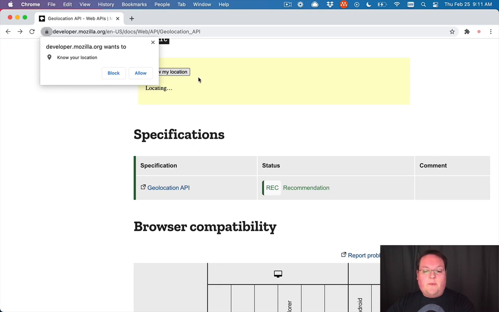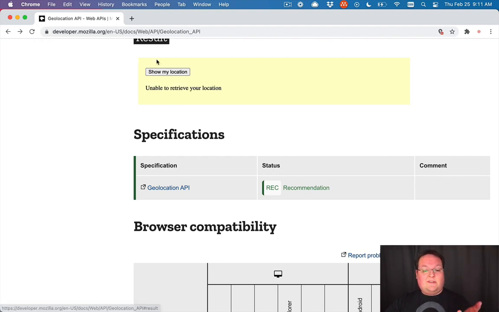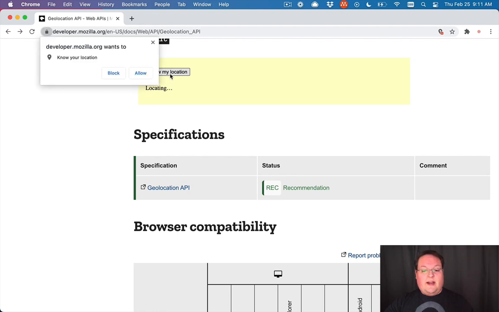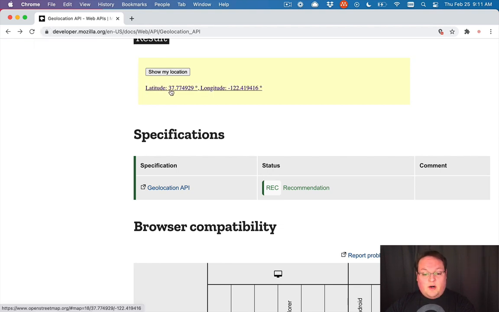So here we'll click Show My Location. That's going to tell the browser, hey, we'd like to ask the user to use their location, and the user can decide to either block you permanently, or rather block you and save that permission, allow and save it, or they can cancel and it will just display an error, but it will pop up next time because canceling doesn't save the preference. So we'll click allow so this actually works, and we can then see our latitude and longitude